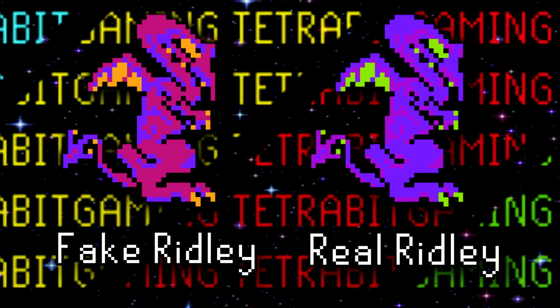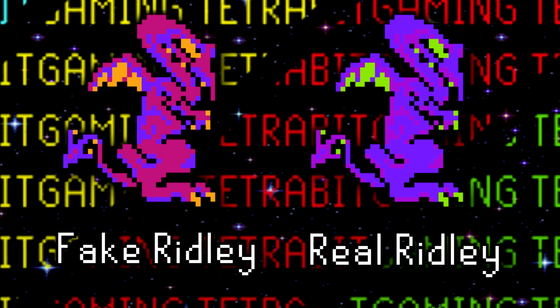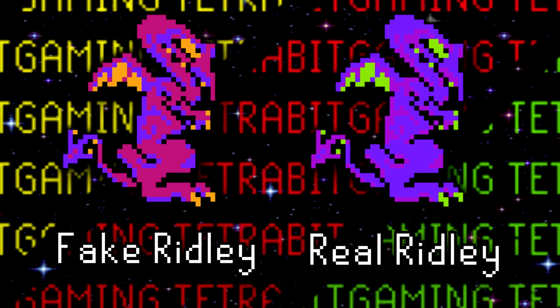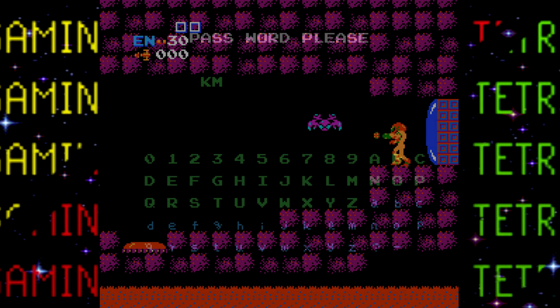And the secondary features like the inner wings, teeth, and eyes are orange instead of light green. It apparently mimics the attacks of normal Ridley, but can be easily defeated with just a single missile or screw attack hit. So the original release of Metroid in Japan featured a saving mechanic, which was replaced by a code-based